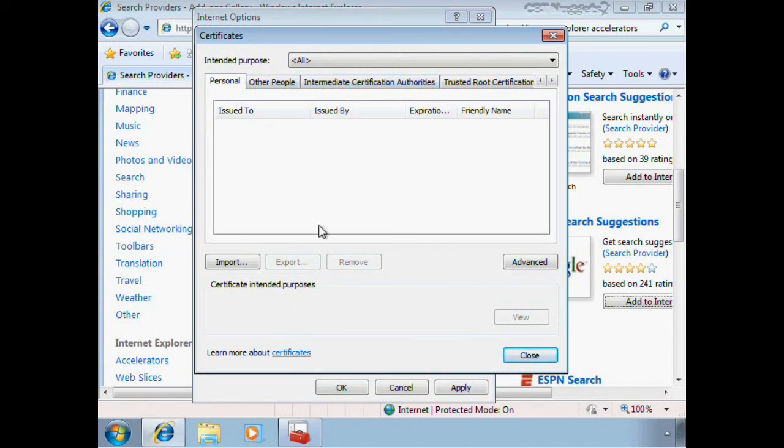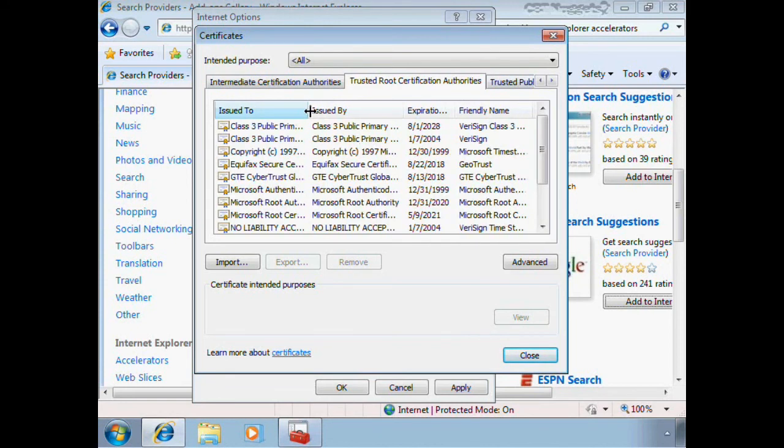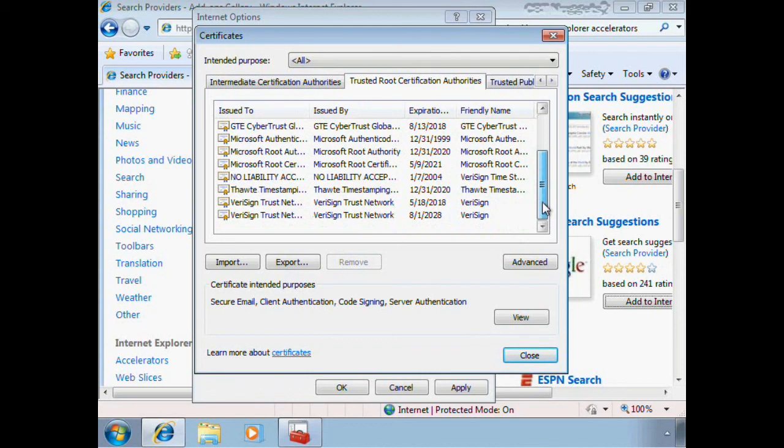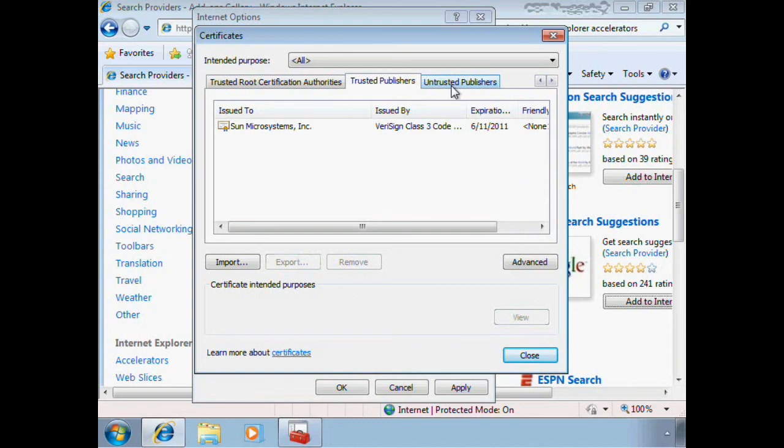Personal is where user-specific certificates are going to be dunked. We're interested in the Trusted Root Certification Authority, certainly, and some of these names should be very familiar to you. Some of them are from Microsoft, others are from VeriSign. VeriSign is actually the Trusted Root Certification Authority that signs Microsoft certificates. Trusted Publishers is going to be where you deploy your certificates for signed code, and then we